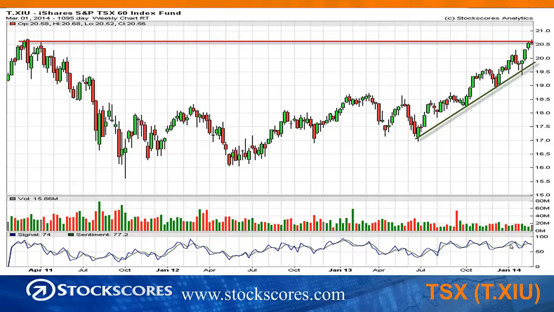Bullish is what we also see in the Canadian market, which has rising bottoms. The difference here is that the Canadian market hasn't broken through that resistance, and this is pretty long-standing resistance going back to 2011. So my expectation is because we've had a pretty good run in the last 4 weeks in the general Canadian market, we may see a bit of a stall here, maybe even a little bit of a pullback. But it's important to differentiate the TSX, which is made up of the largest 60 companies in Canada, with